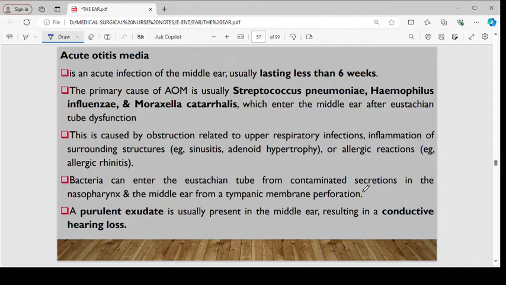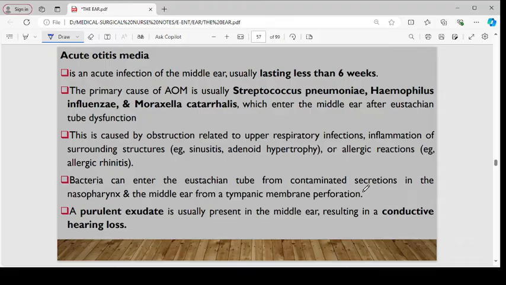The second condition affecting the middle ear is AOM, that is acute otitis media, which is an acute infection of the middle ear usually lasting less than 6 weeks. The primary causes of acute otitis media are usually Streptococcus pneumoniae, Haemophilus influenzae, and Moraxella catarrhalis, which enter the middle ear through the eustachian tube that connects the nasopharynx and the middle ear. So this is caused by